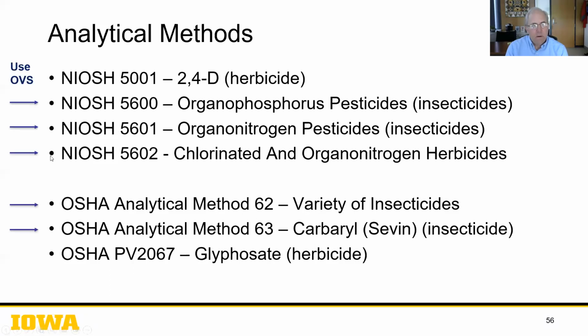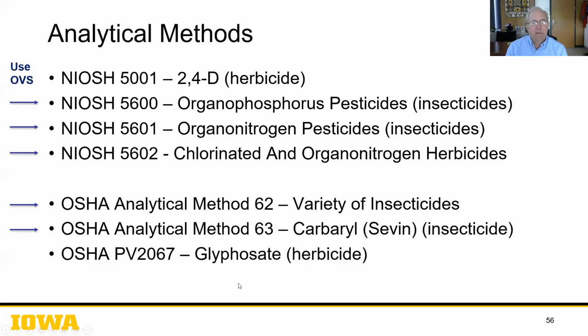And of these, you can see those that require the use of the OVS tube I'm highlighting here. Interestingly, we used 5001 for the dicamba, and MCPA didn't need an OVS tube. At the bottom, the glyphosate didn't need an OVS tube. Both of those have a vapor pressure low enough that they really don't have to worry